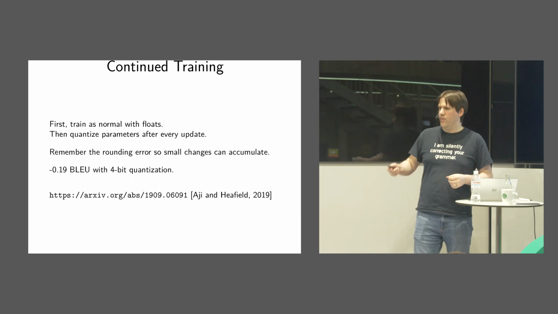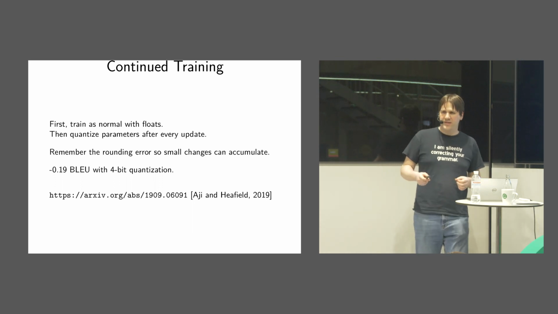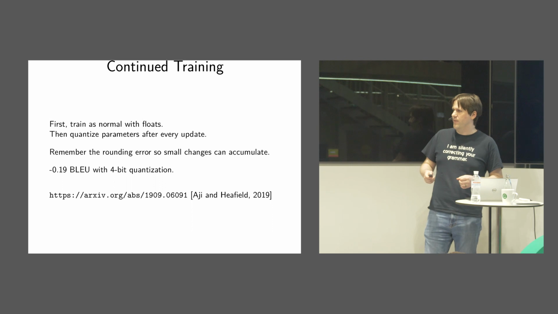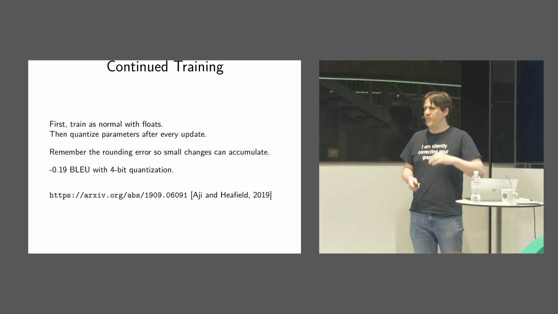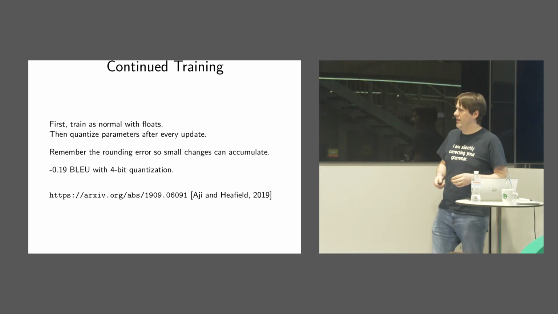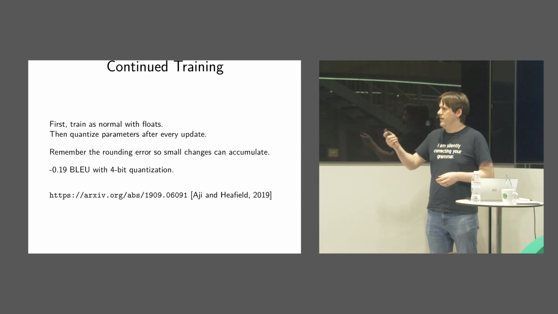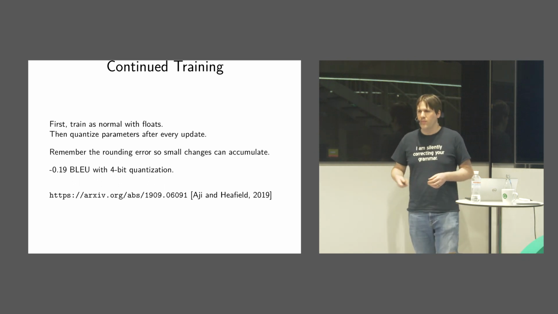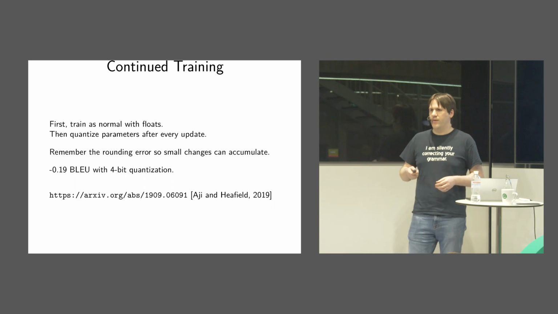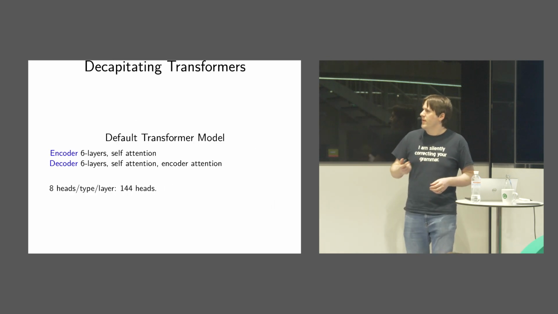And with that, we were able to get a relatively small degradation in translation quality, minus 0.19, so it wouldn't be publishable if it was a gain, which is good, I guess. And see our arXiv paper, it's not actually properly published at this point, but this was with my student Elham Fikriaji, who you should hire.